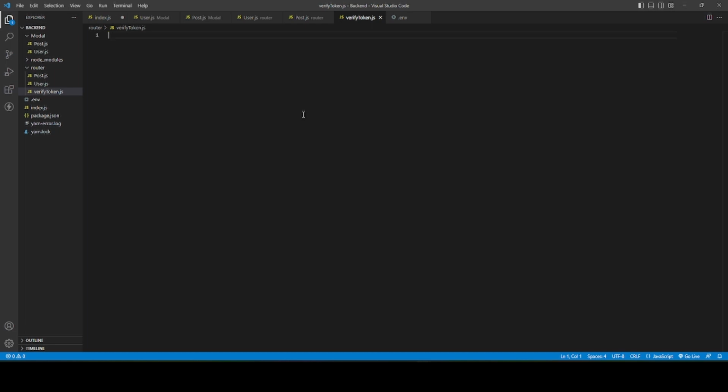So we need to check a token is valid or not. If valid, we are going to provide a user ability to perform upload, like or dislike kind of thing. And if user token is not valid, then we are not going to allow our user to enter in a profile page. Okay, so in order to verify our token, first we need a JWT,